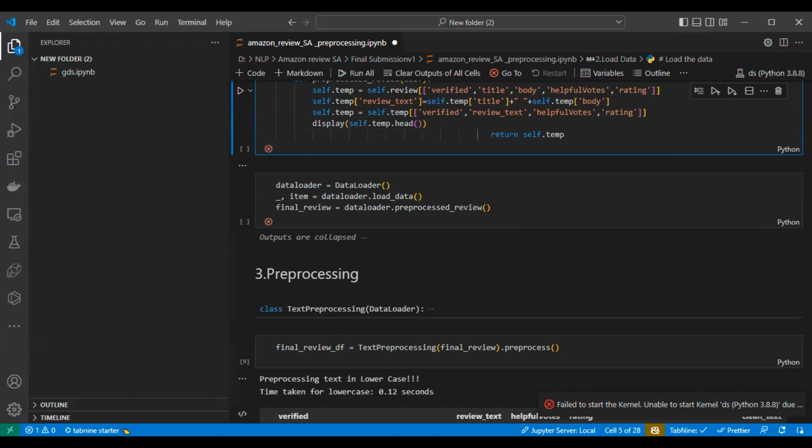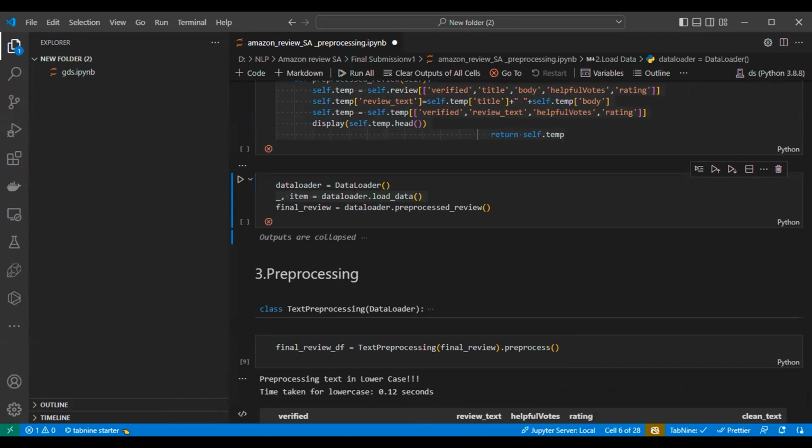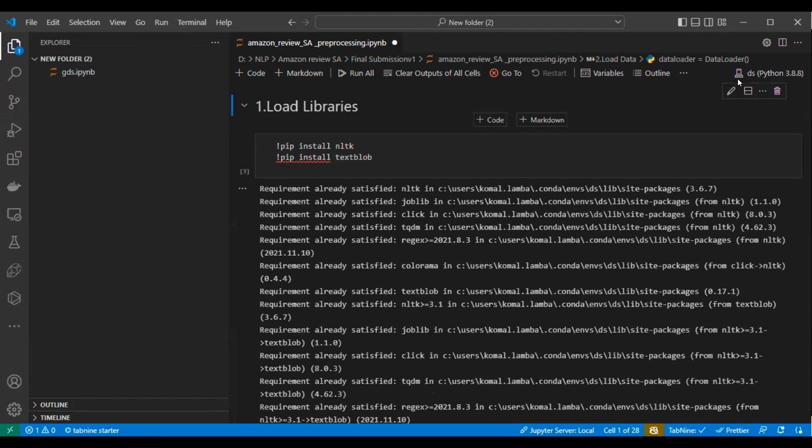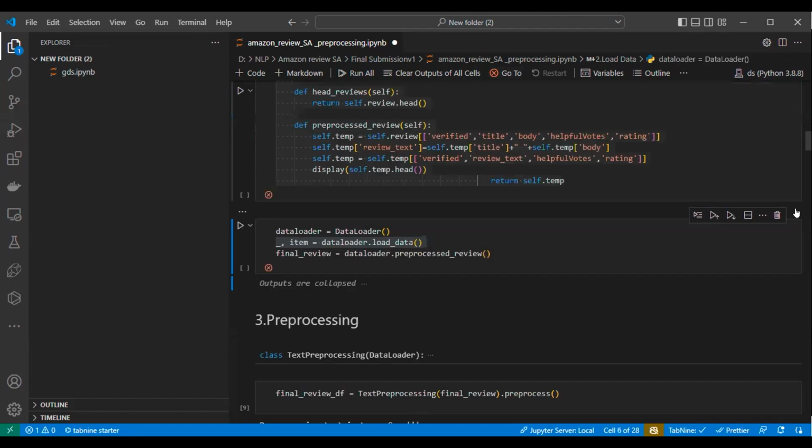Let's go upward to the very first cell. Okay, my internet is working perfectly.